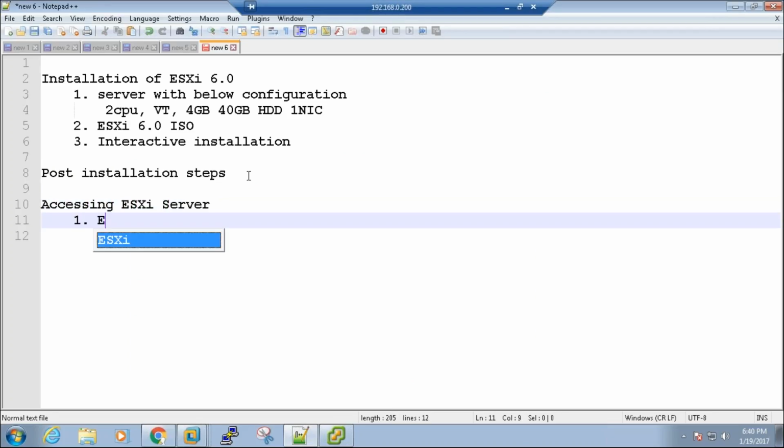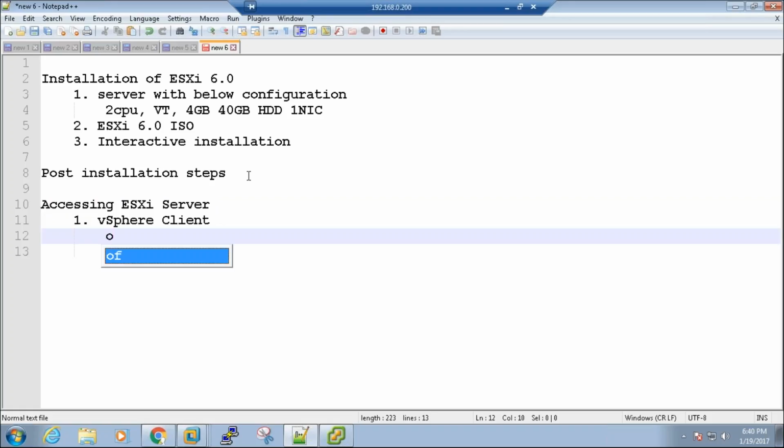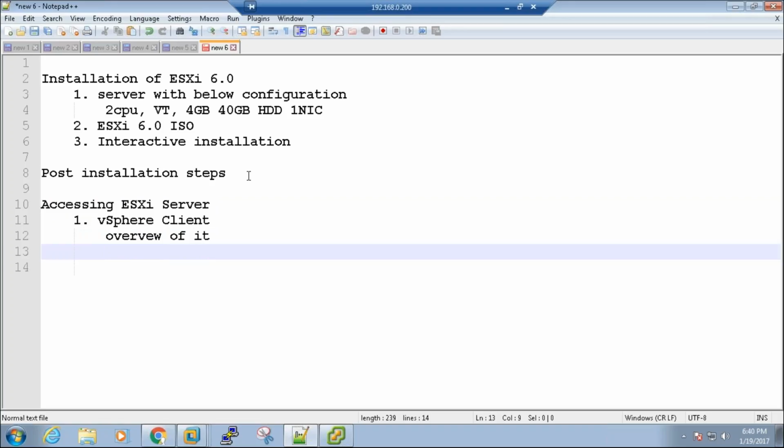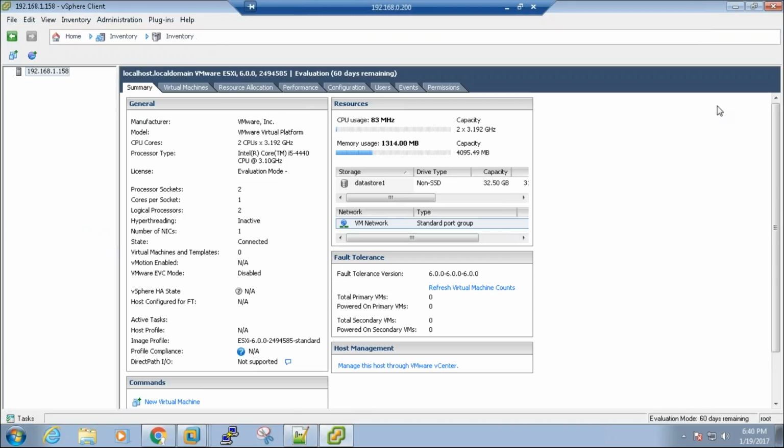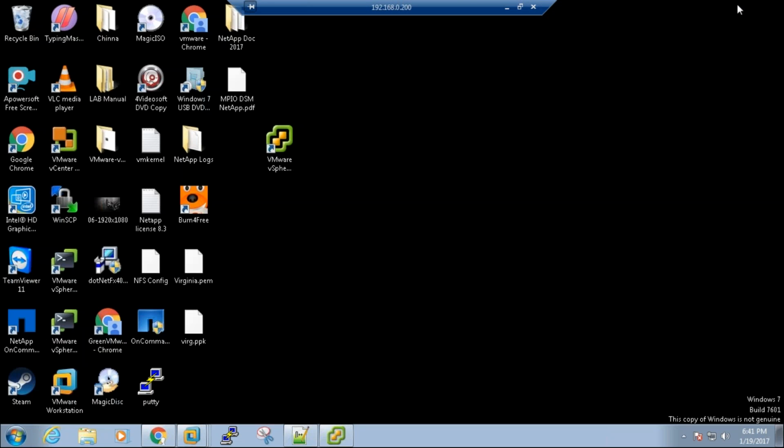So we have done the vSphere client overview of it as well. And then I'm going to take you through the PuTTY session. PuTTY is a client that can be downloaded from the internet.